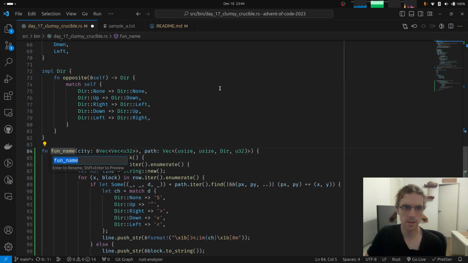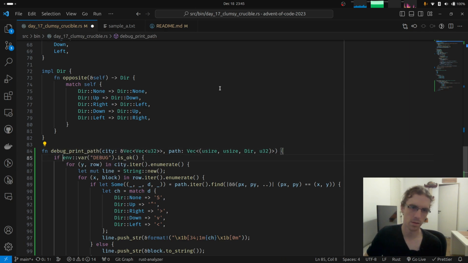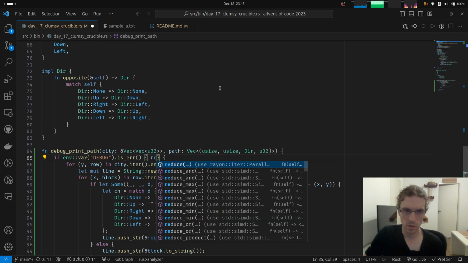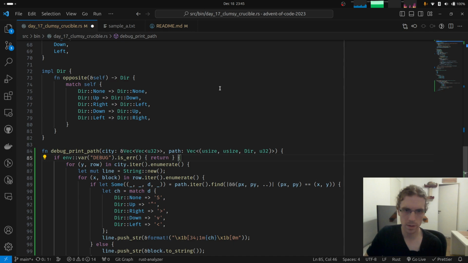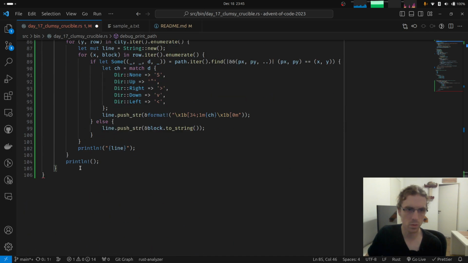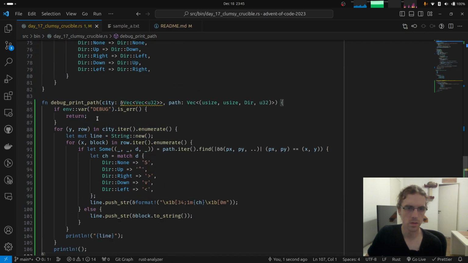So this thing prints path, debug print path. Sure. And let's use an is error here and an early return, which is always nice. And otherwise, we are just going to do all of this. So less indentation.